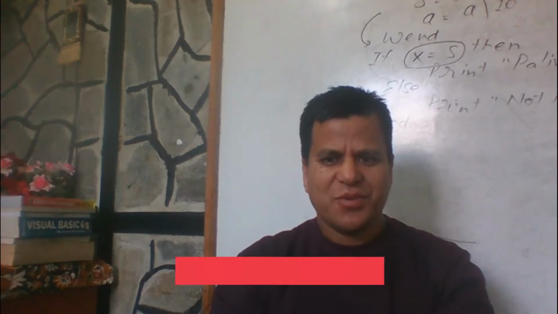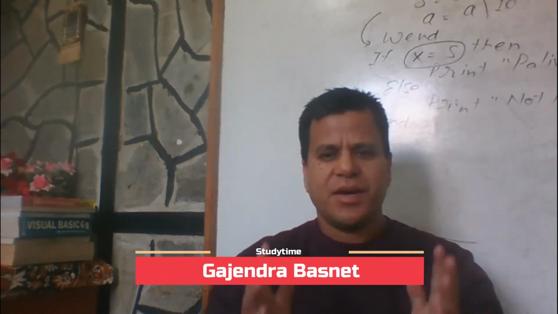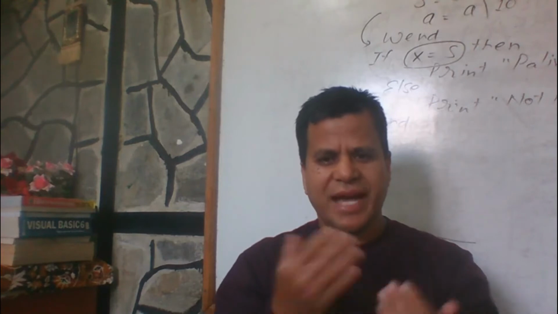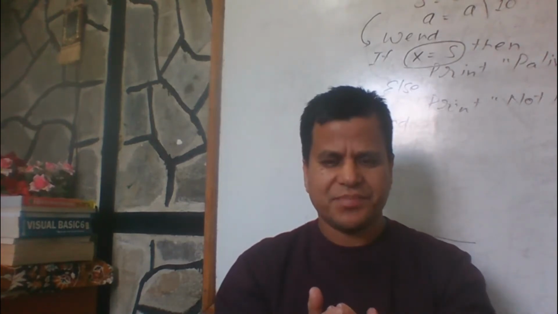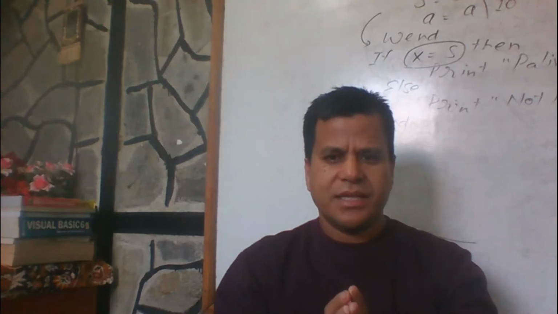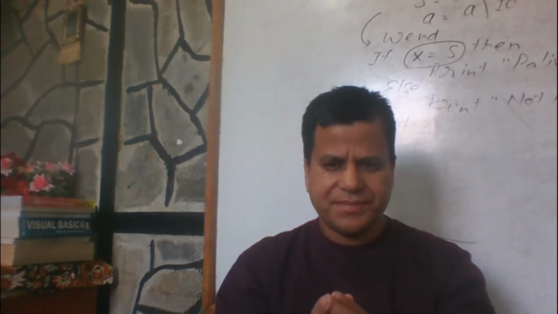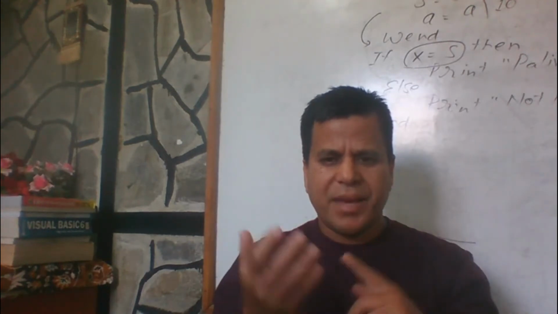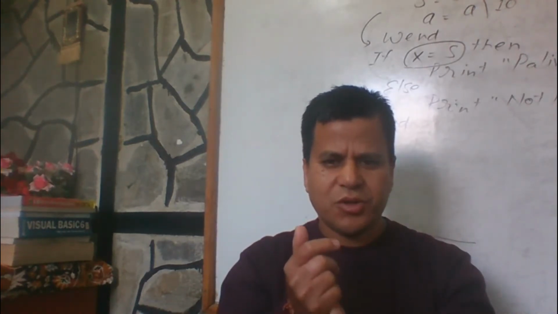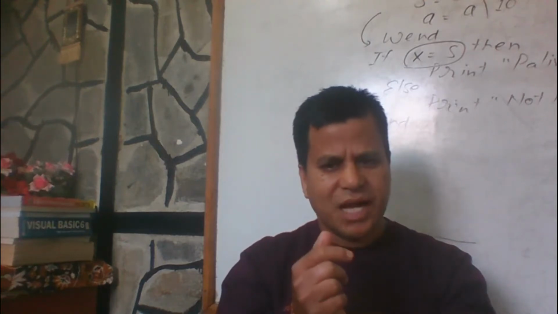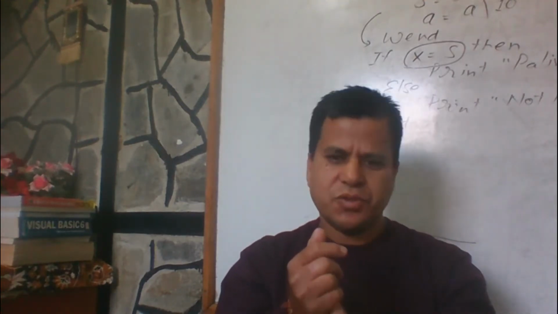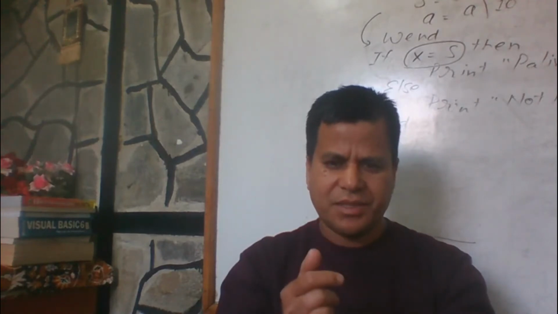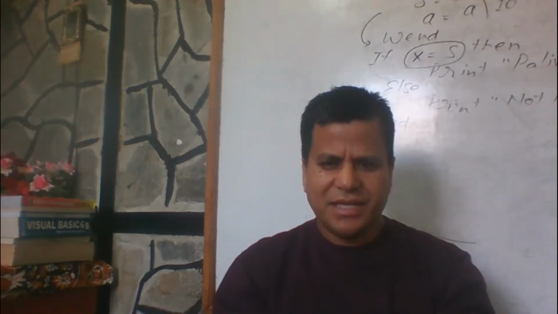In this video, we are going to make a program in QBasic where we have to input a number and extract the individual digits of that number. This program is very important because it is the basic concept of how to extract the individual digits of an input number. With the help of this program, later on you can check whether a number is a palindrome or not, check whether a number is Armstrong or not, and print the reverse of an input number. First of all, I would like to explain it and then we will go for the practical part.